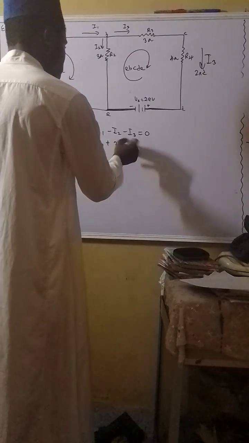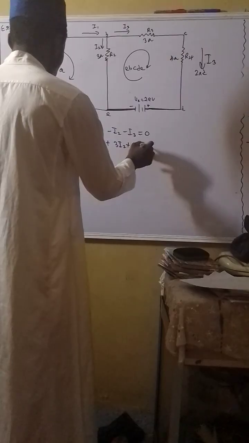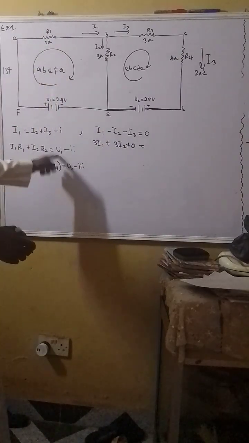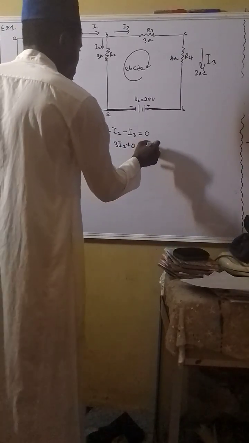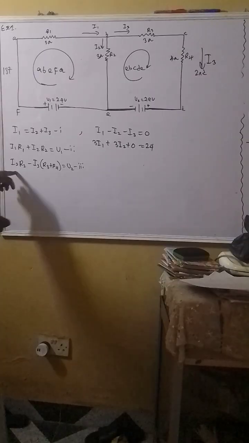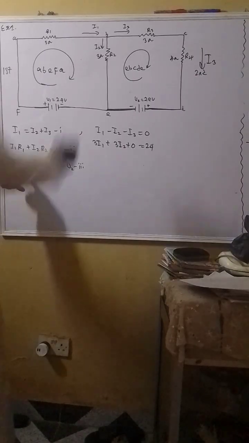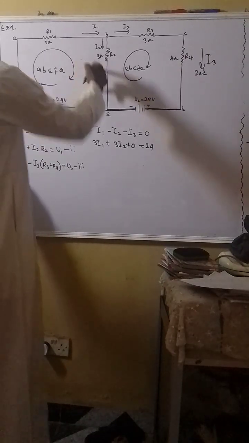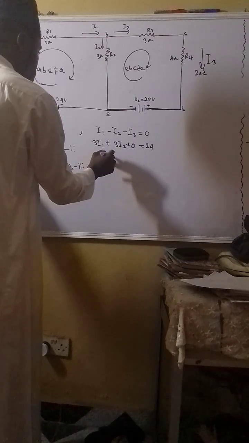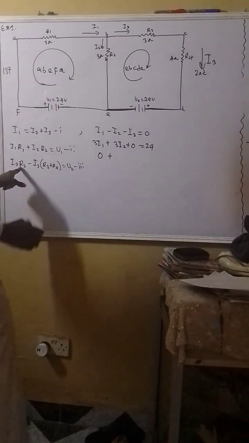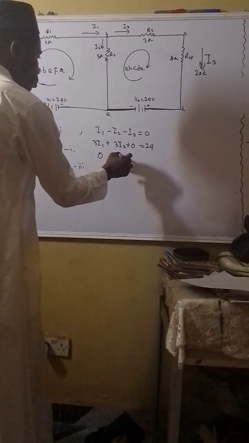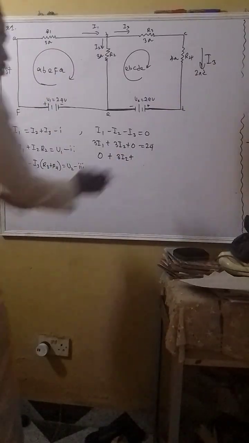So there's actually nothing in I3. You cannot say plus 0 equals to. Now what is voltage 1? That's 24. So the next one you have I2. R2 is what? R2 is 3. So 3 times I2. There's nothing in I1, this third one, so you can say 0 plus 3 I2, minus